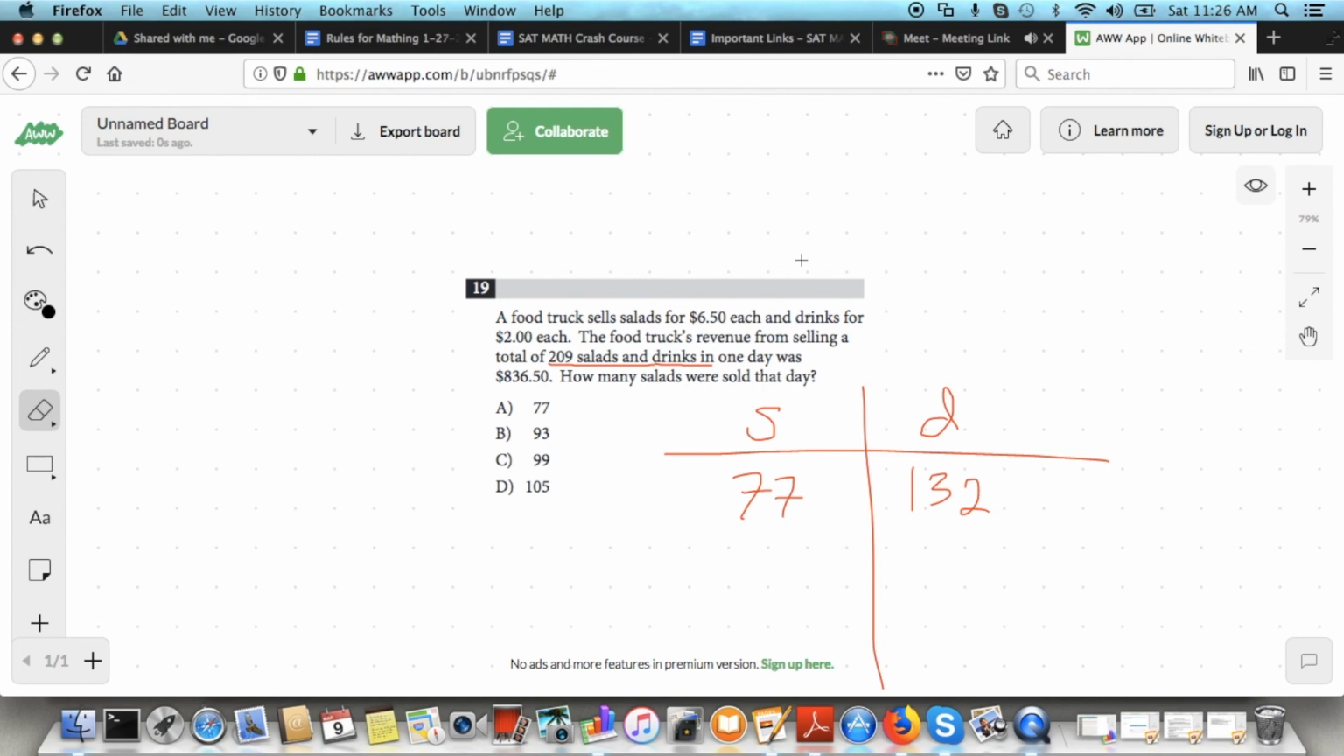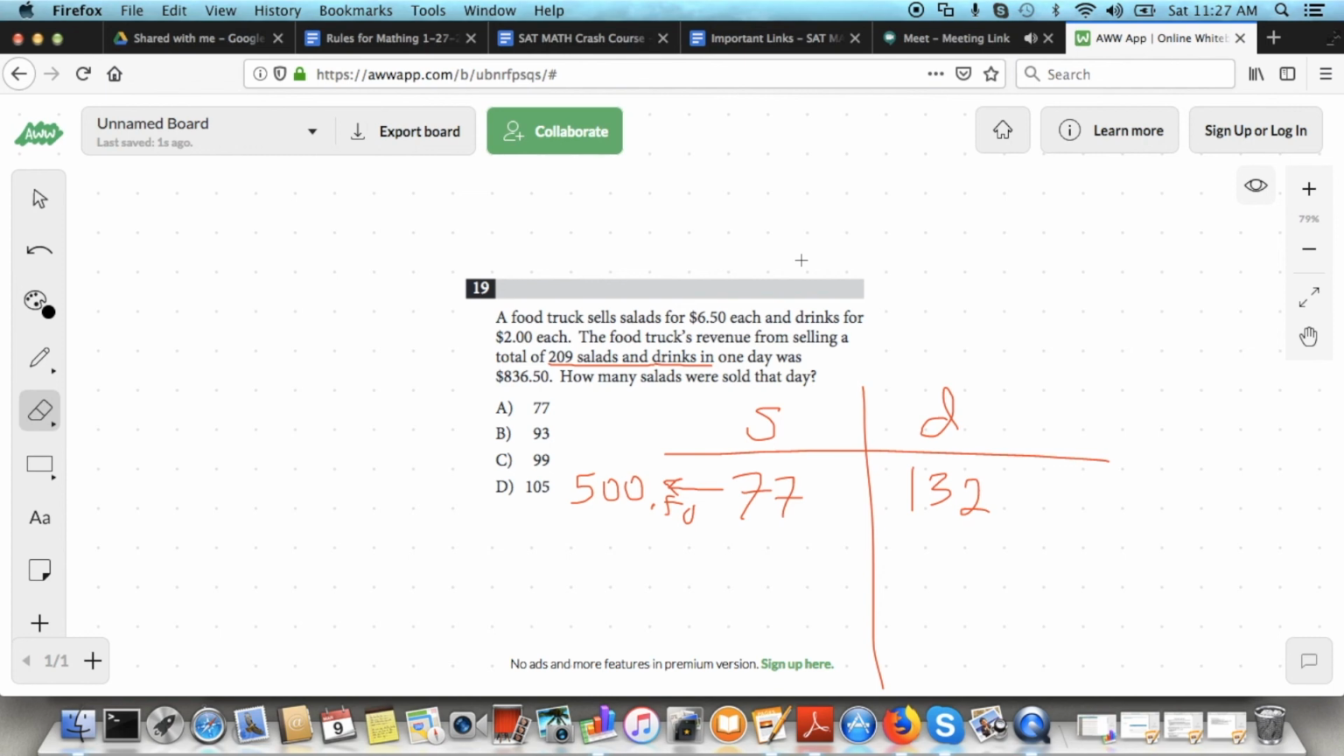If we sold 77 salads, how much total revenue was that? Well, hold on. The salads were $6.50, right? So it should be 77 times $6.50. That's 500 dollars and 50 cents. So $500.50. Okay. And then, sorry for the bad handwriting,